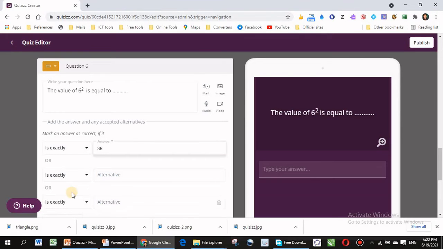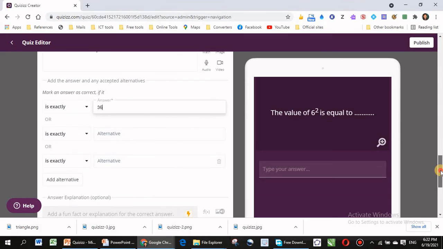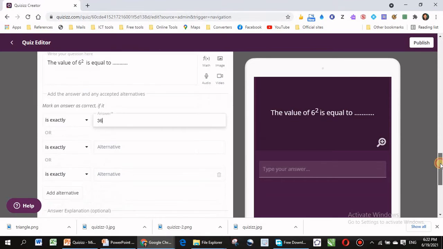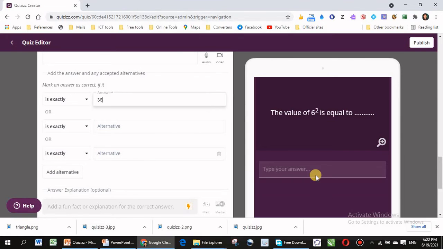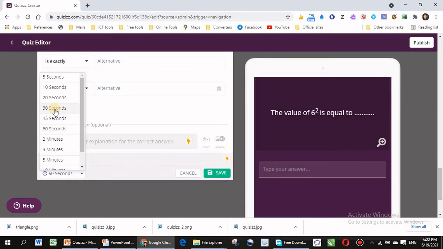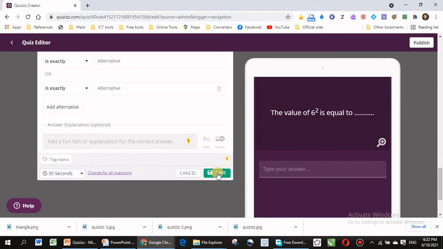Add alternatives. Yes, no more alternatives in feedback in fill in the blanks. Then click on the save button. Time 60 seconds. Just let's give 30 seconds only. Then click on save.